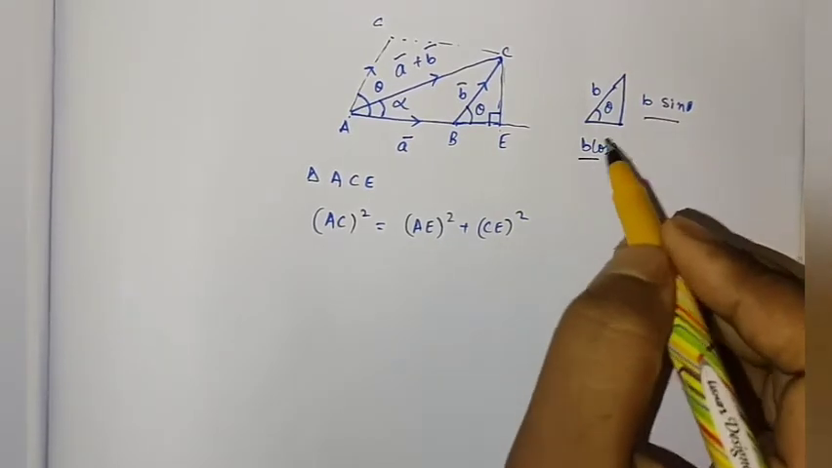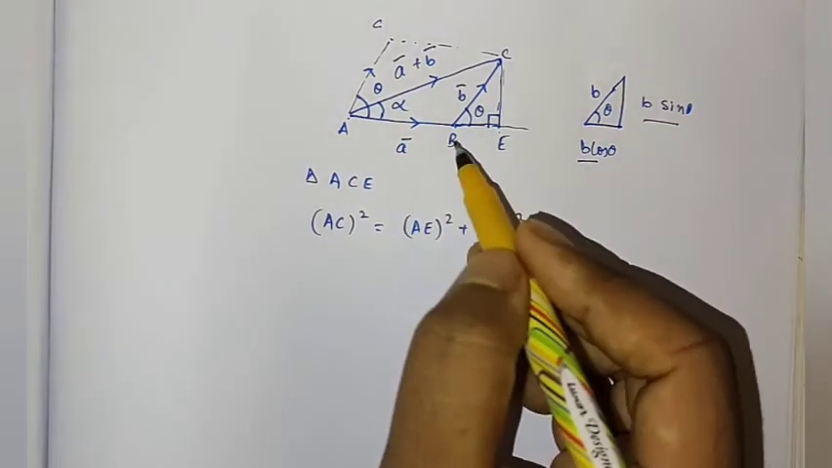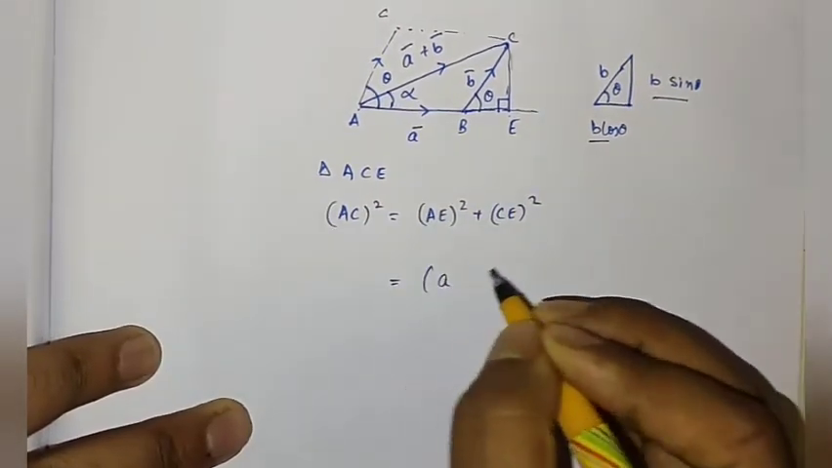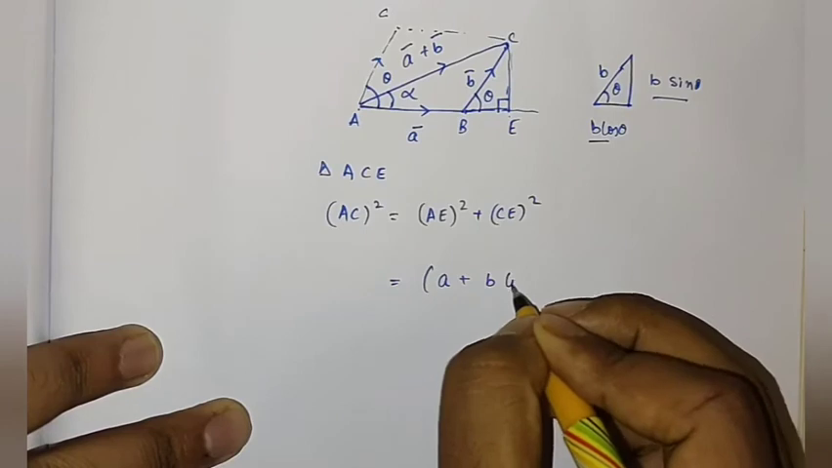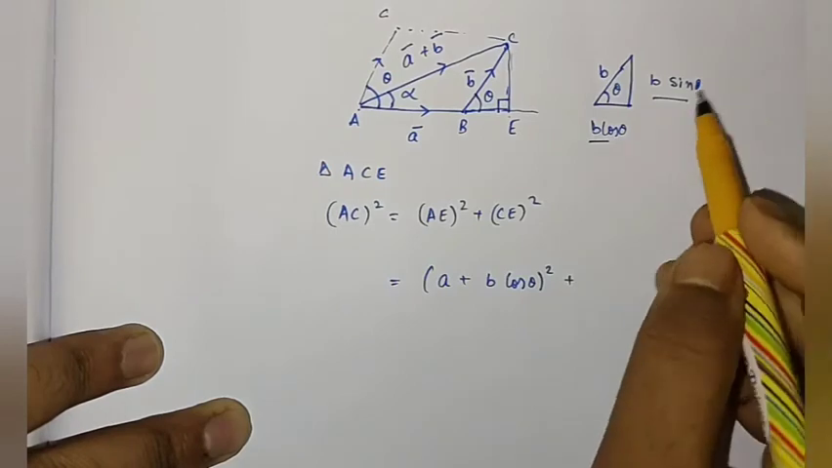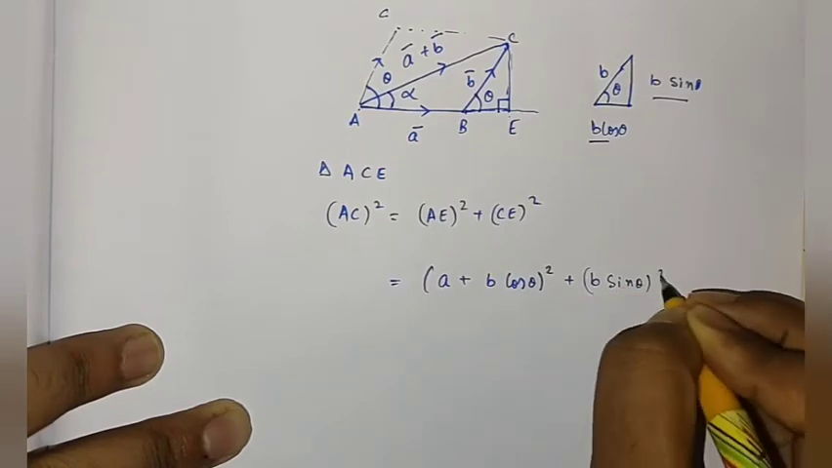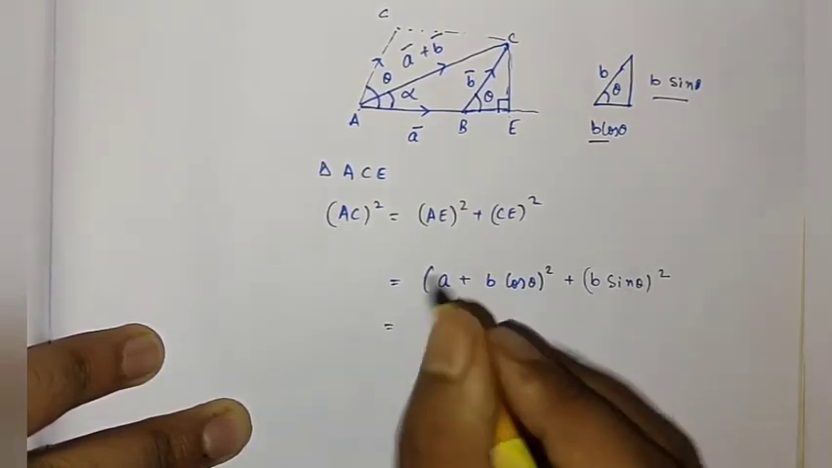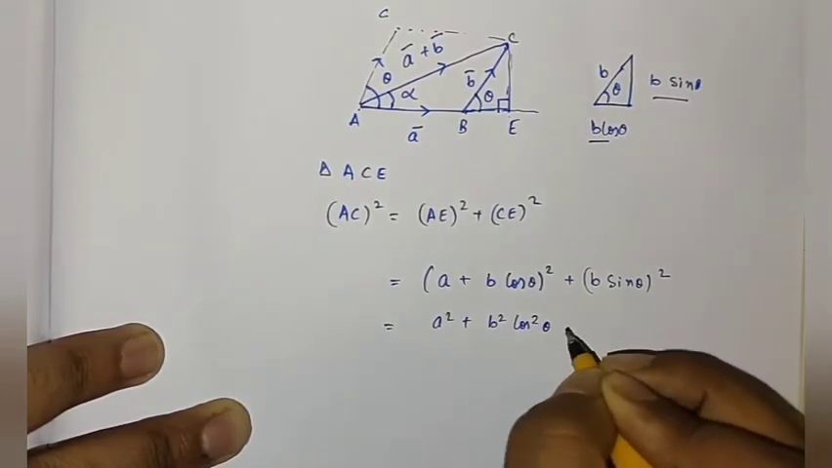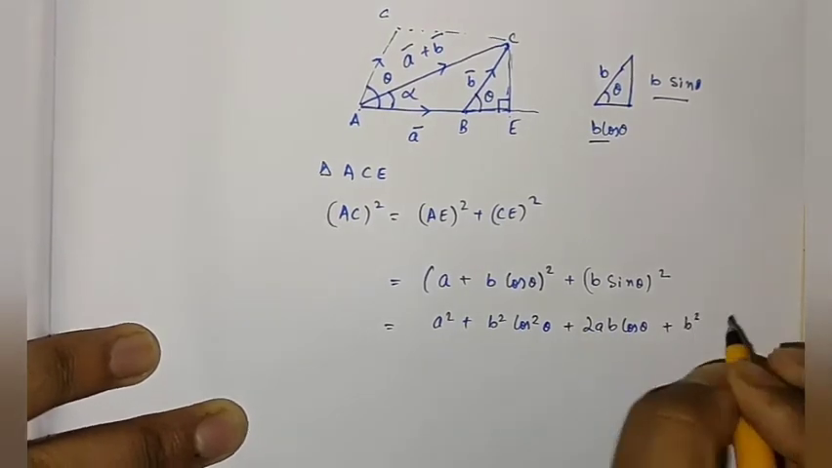We have broken it. So BE is basically b cos theta, and AB, we know that AB is nothing but A, so we can write AE as A plus b cos theta, whole square, plus CE square. We found out that the height will be b sin theta, so we'll write it as b sin theta whole square. So when we break it down, we get a square plus b square cos square theta plus twice ab cos theta plus b square